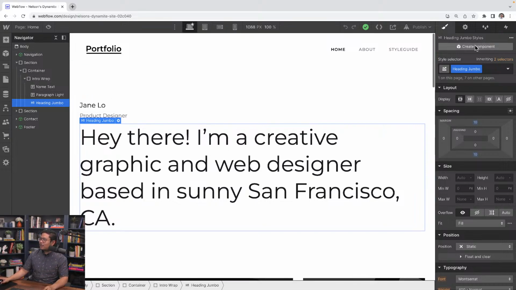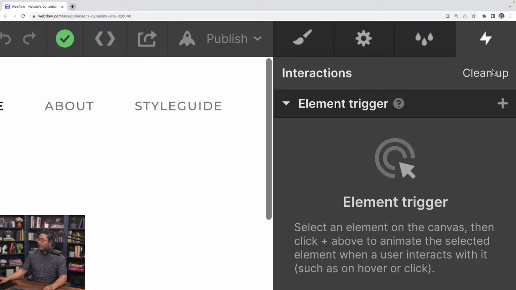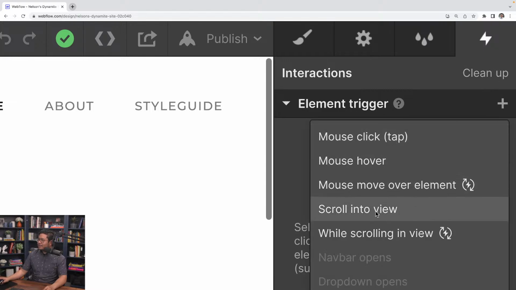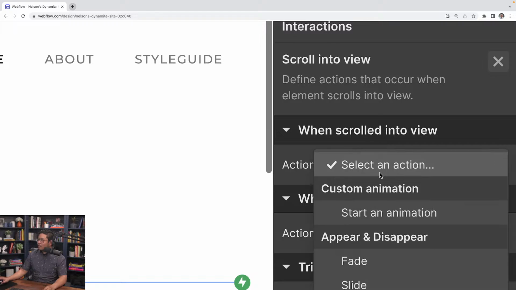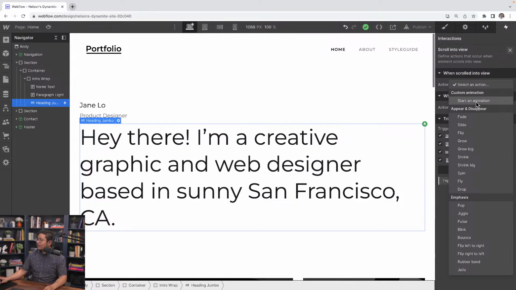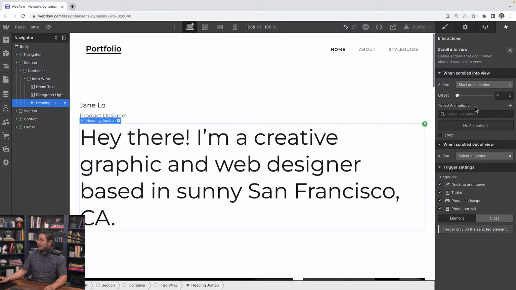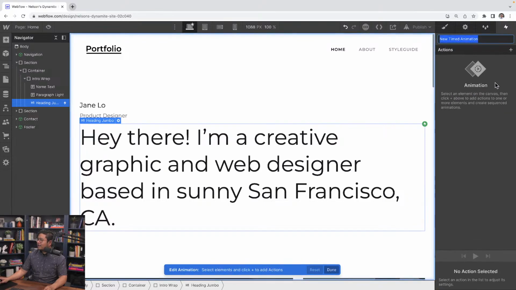I'm going to click on the element that I want to have the effect on. And then we go into interactions, press plus, scroll into view. And when I scroll into view, I want to create an animation. Let's press plus to create a new animation. We're going to call it